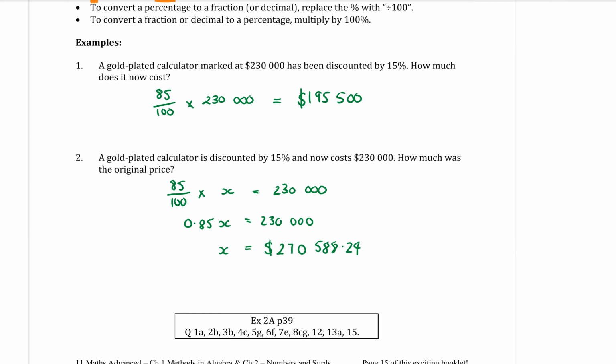But can you see the difference in those two questions? When you read them, just be careful with what they are saying. Do I have the discounted price, or am I trying to find the discounted price? Which way am I working here? All right, and that's it. Most of the questions that you're doing, I'll just